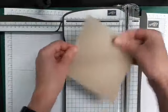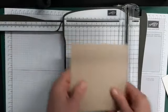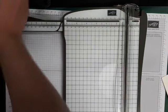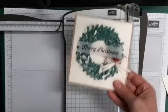And that's my base done. Look at that. All in one go. Awesome. All right, so that's our base. So I'm going to put that to one side because we don't need that for the moment. Now, I love to double mount. So the front panel for the wreath is measured at